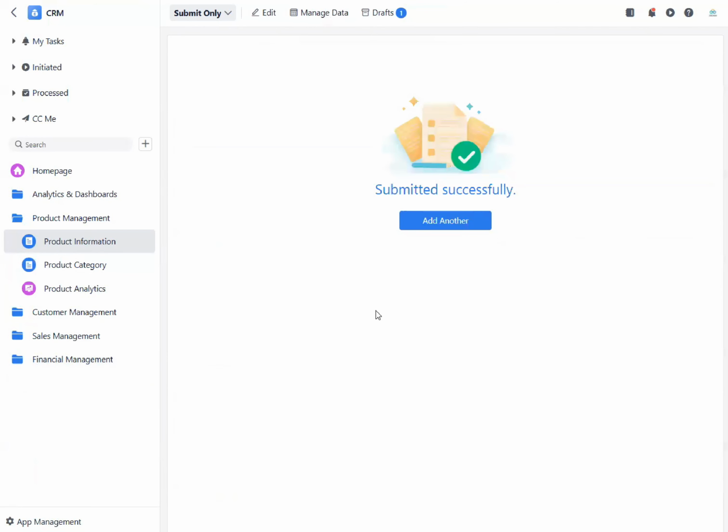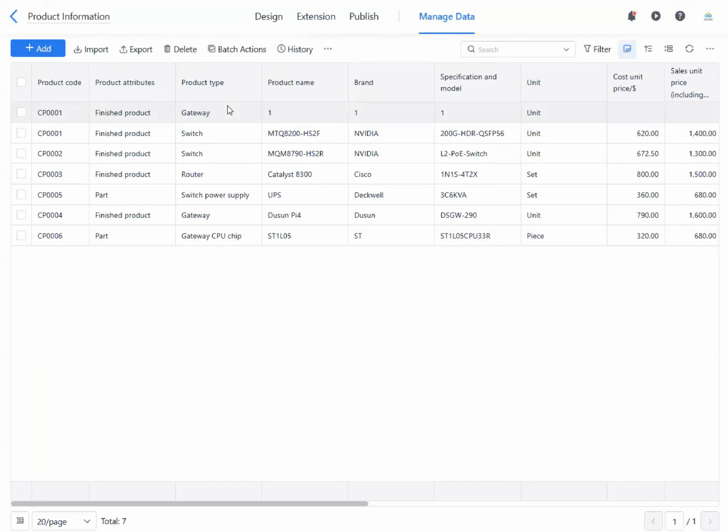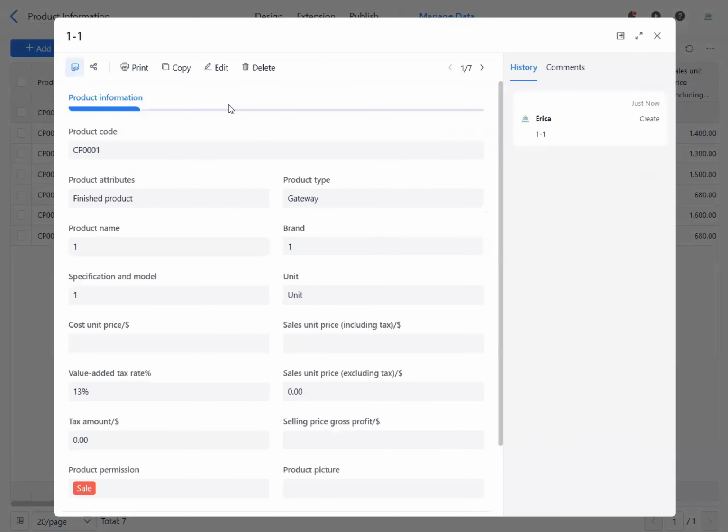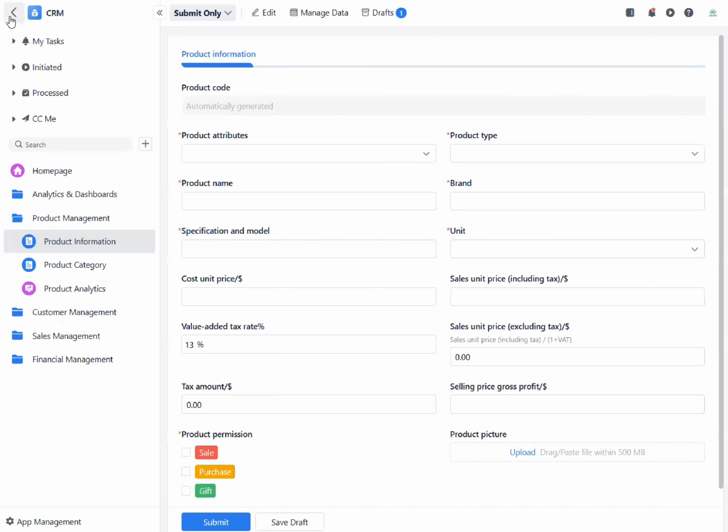In a real case, you are going to fill in this information more seriously. But anyway, after we submit it, it's going to go to the database of your product information. So this isn't just about listing names and prices. It's about having a centralized and up-to-date list for all your product details. And you can maintain the comprehensive product information in one place, ensuring your team always has access to accurate and